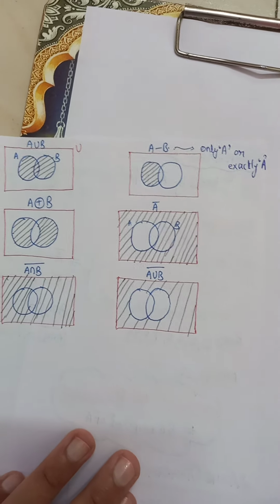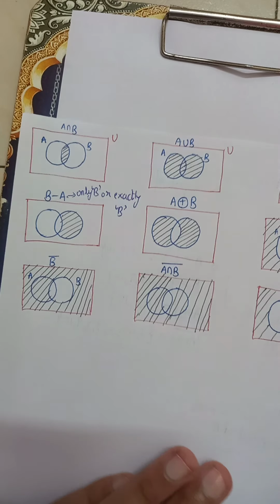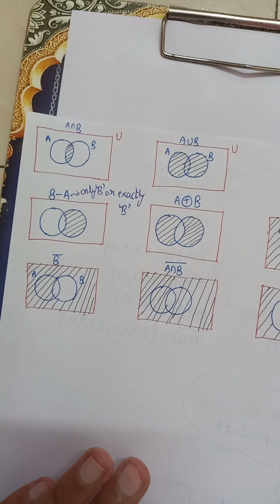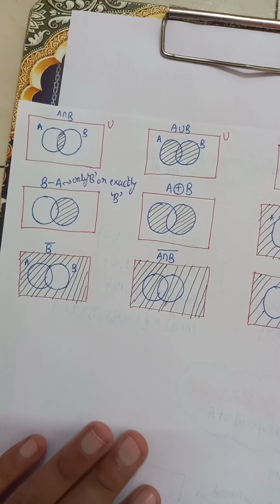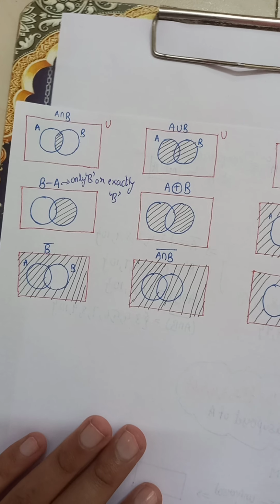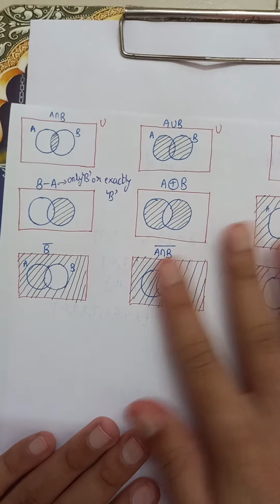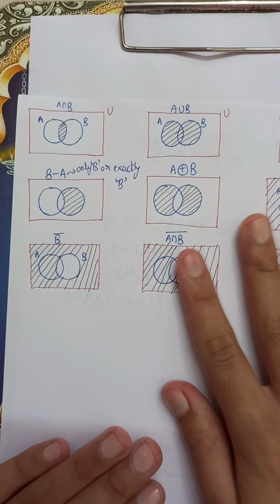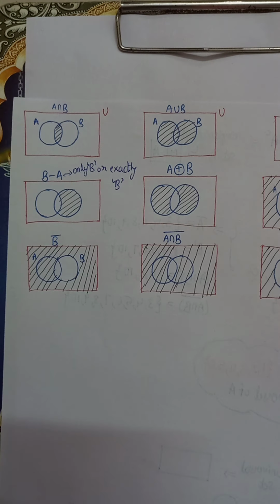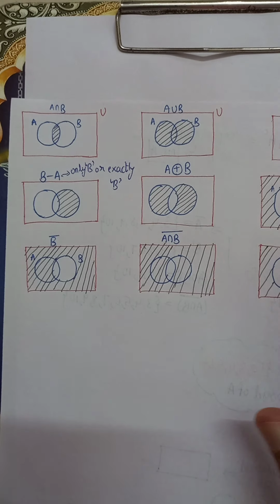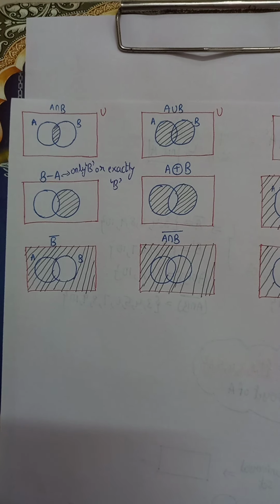Okay. So I hope you understood. You need to practice this once again, after this lecture finishes. Then only you'll get a good grip of this topic. Okay. So now let's move on to the next topic: how do you represent a Venn diagram for disjoint sets? Let's move on to that topic.